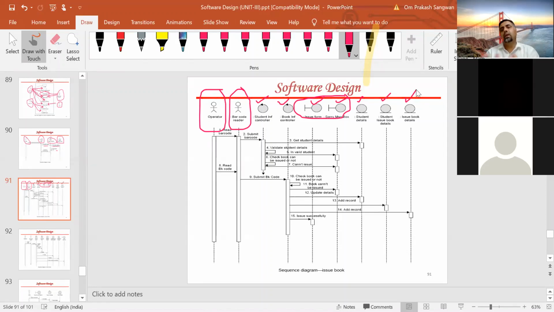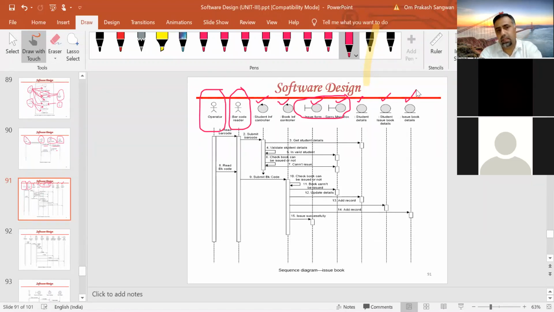So in this sequence diagram for the issue of a book, two actors, two control objects, two interface objects, and three entity objects are there.